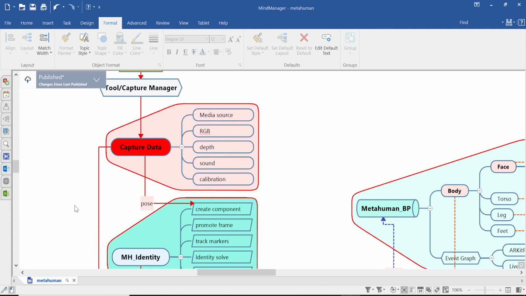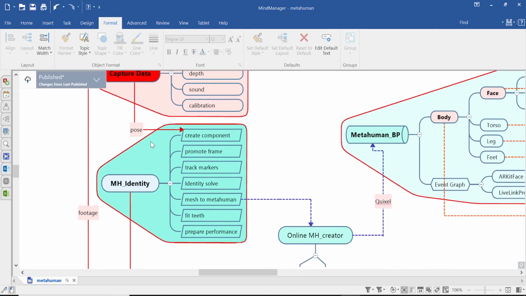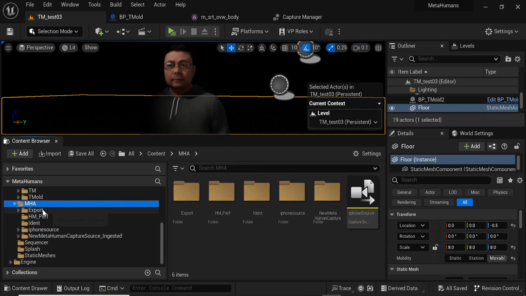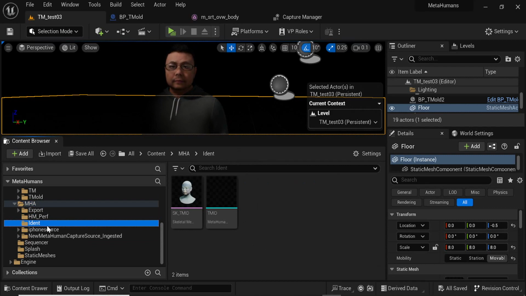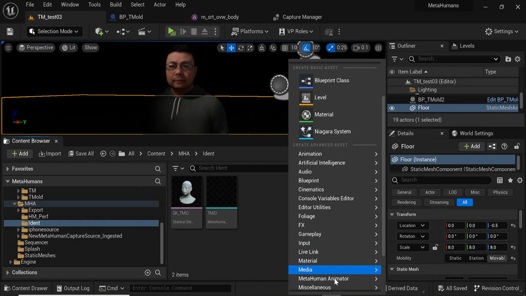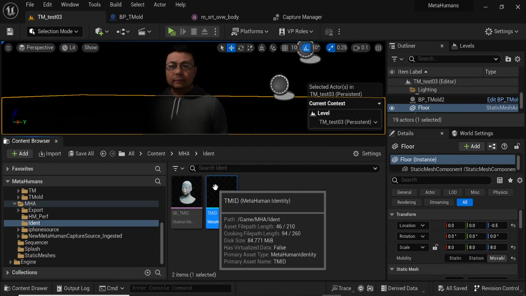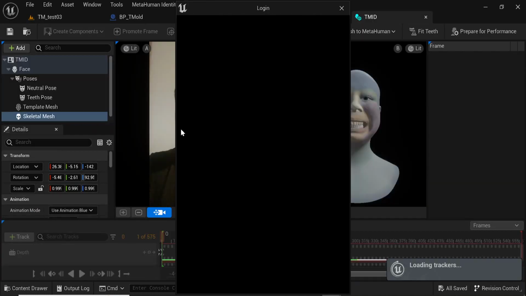So once you have everything in, you will go ahead and start using 3 poses, left, right, and front, to create a mesh. This is done through the Metahuman identity. First, a good idea is to go to a new folder. I create this new folder and call it Metahuman identity. Again, it can be done just by going here, Metahuman identity. Right? If you double click on the identity, it gives you this really nice interface that allows you to go through